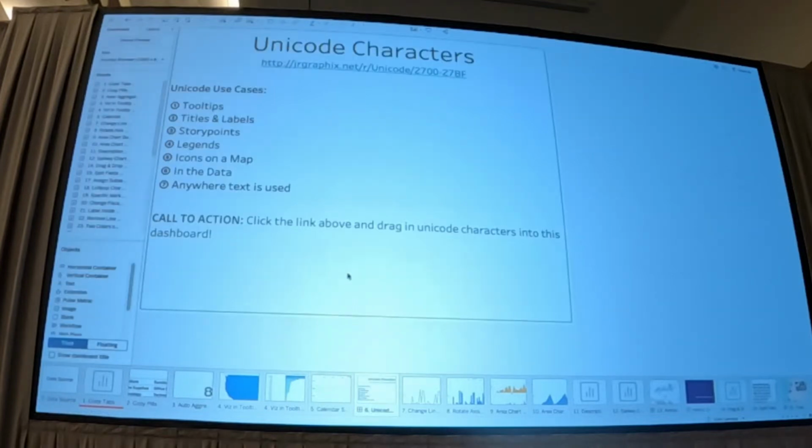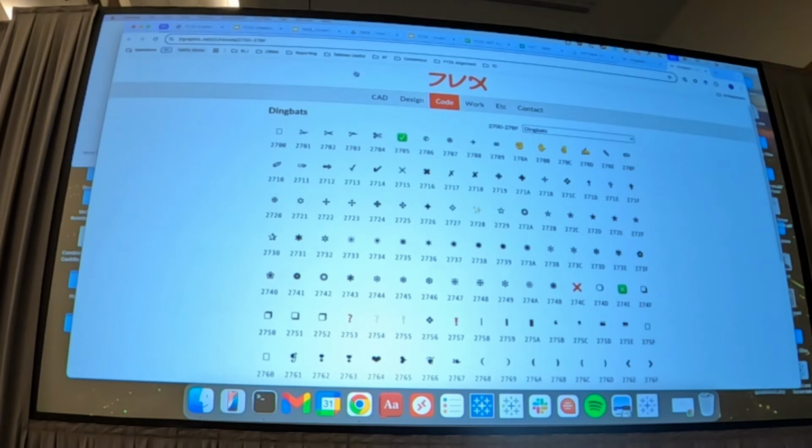All right, the Unicode characters. So sometimes you want to bring some very specific characters, whether they're specific to your company or else. You can bring it literally from any website. I just had this one here, where you can, for example, just copy this one,